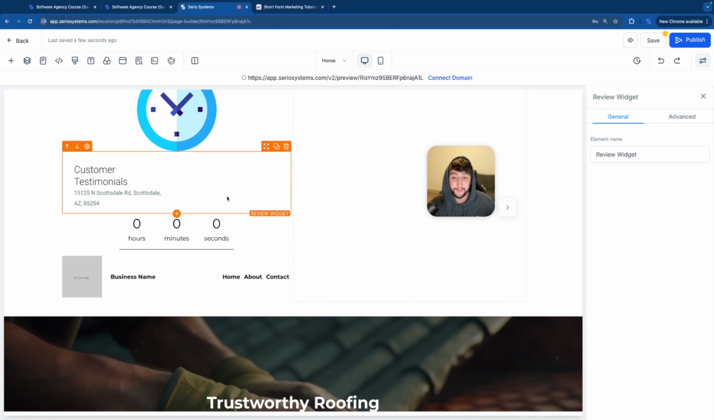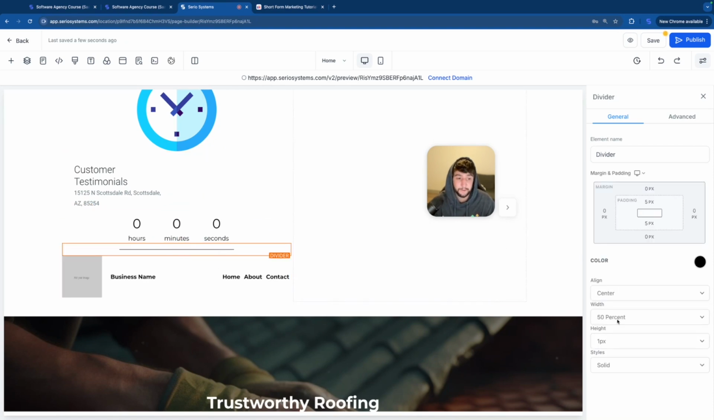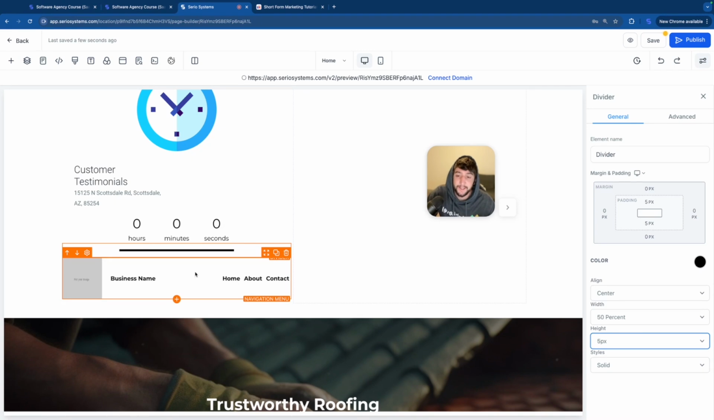Actually looks a lot cleaner as a 50% divider than if you just do some long line across the entire site. So that's what divider looks like. You can also change the thickness. So if I click on height, I can go to 5px and it becomes much thicker. So there you go. That's how dividers are going to be used and they can really separate certain things out